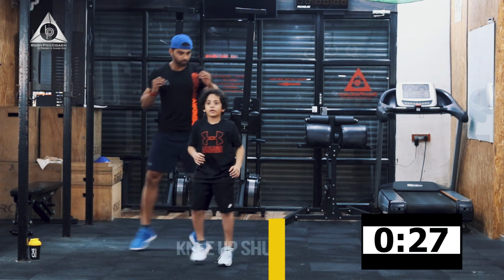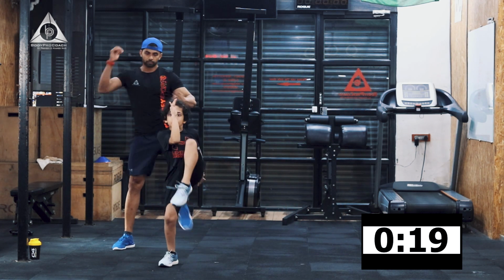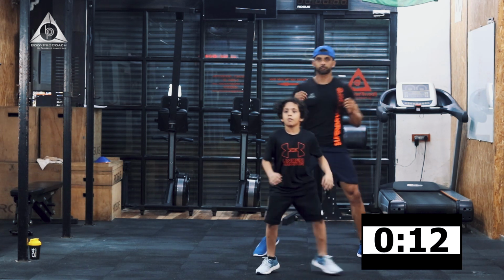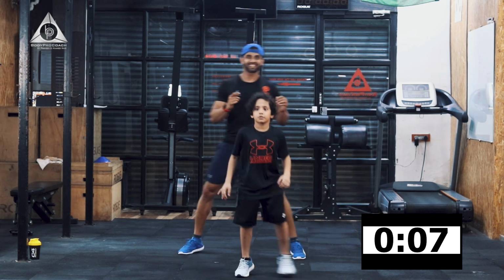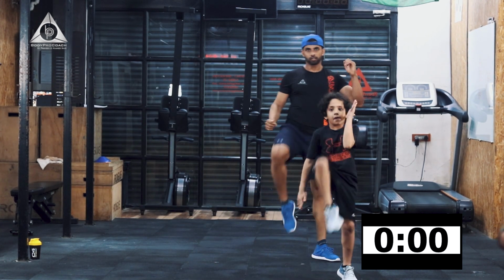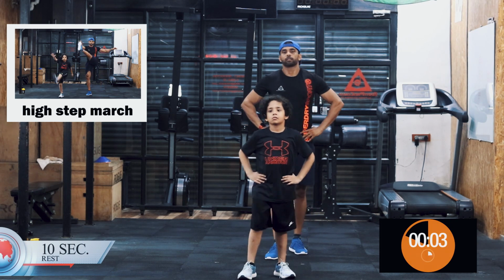We're getting ready for the main zone of work. Knee up and shuffle. It is shift in one knee, one elbow. Keep moving. A little bit of coordination, a little bit of fun here. Little break. There's about 10 seconds now. Next is going to be